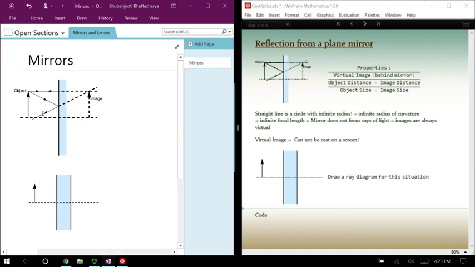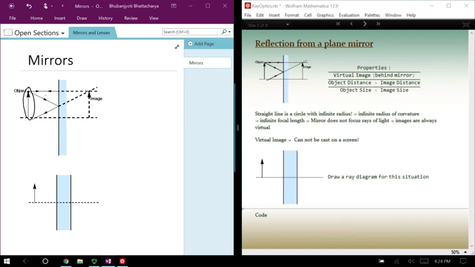So let's look at this figure over here. This figure is actually showing us how an image is formed when an object is placed in front of a plane mirror. So this black line over here with this blue wavy outline represents our mirror, and this arrow represents our object. Whenever we want to form an image in ray optics, we'll always start by constructing two rays of light that either will appear to come from a point or will appear to converge to a point, giving us an